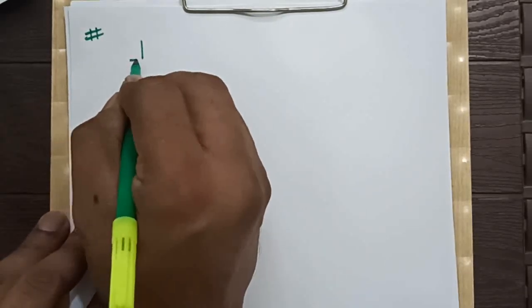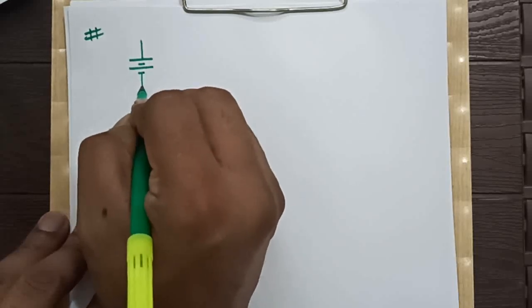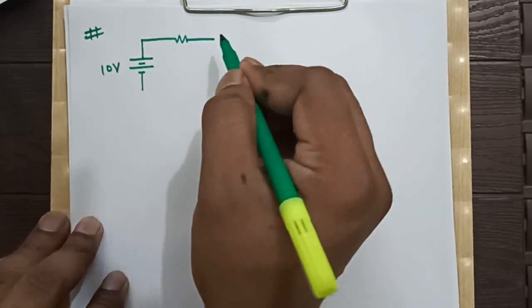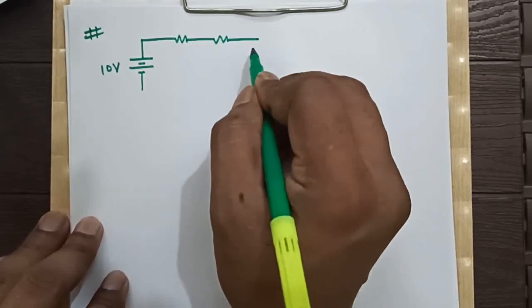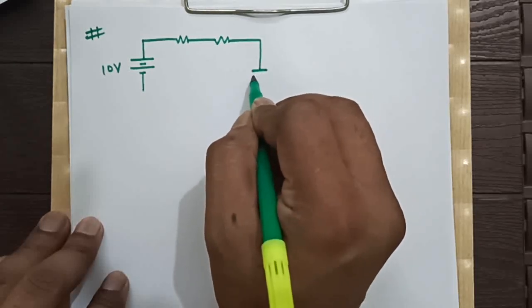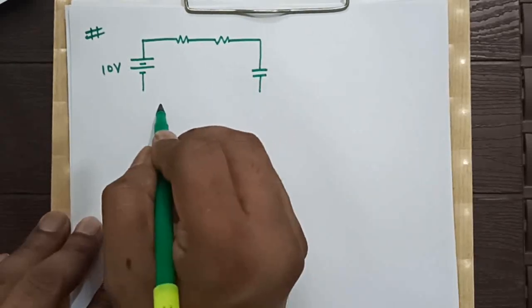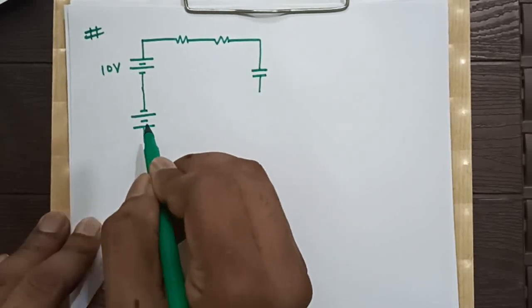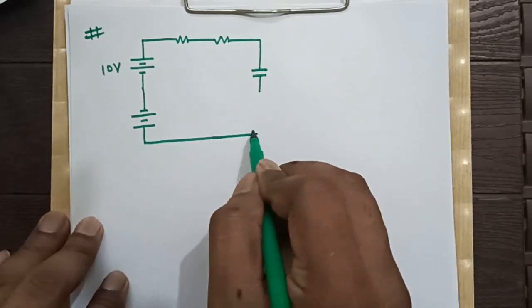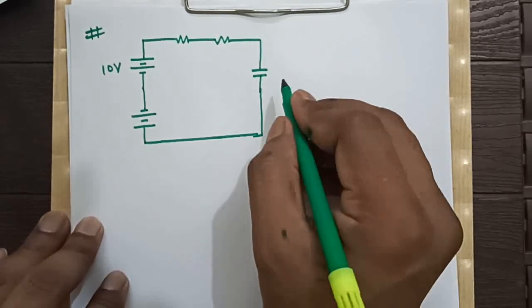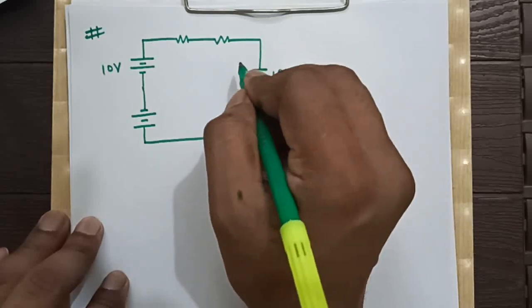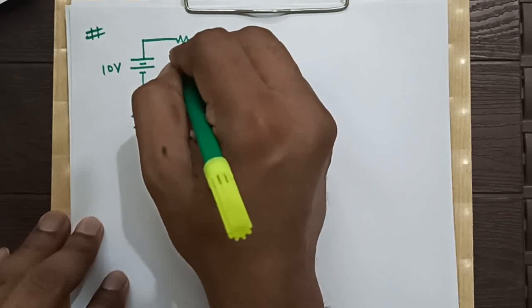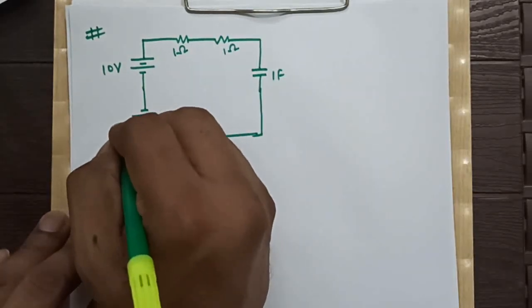Here it is a voltage source, 10 volts, resistor, capacitor, a voltage source, this is 1 farad, this is 1 ohm, this is also 1 ohm, and this is 5 volt,